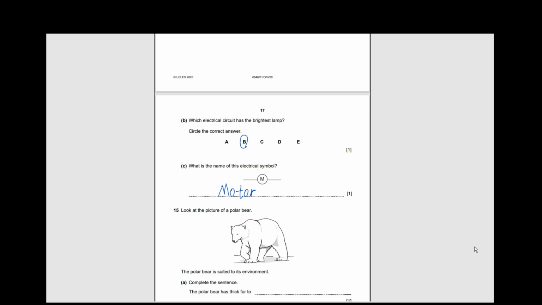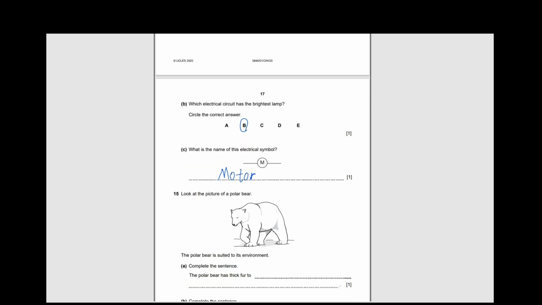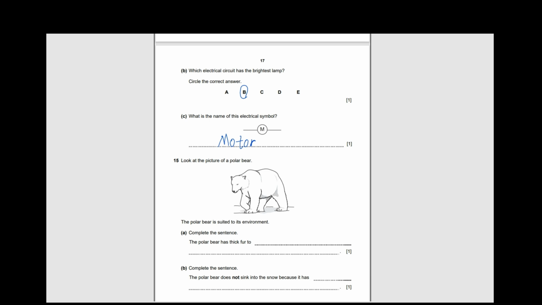Question number 15. Look at the picture of the polar bear. The polar bear is suited to its environment. Complete the sentence. The polar bear has thick fur to reduce losing heat, or it protects the bear from the cold, because as you can see most of the